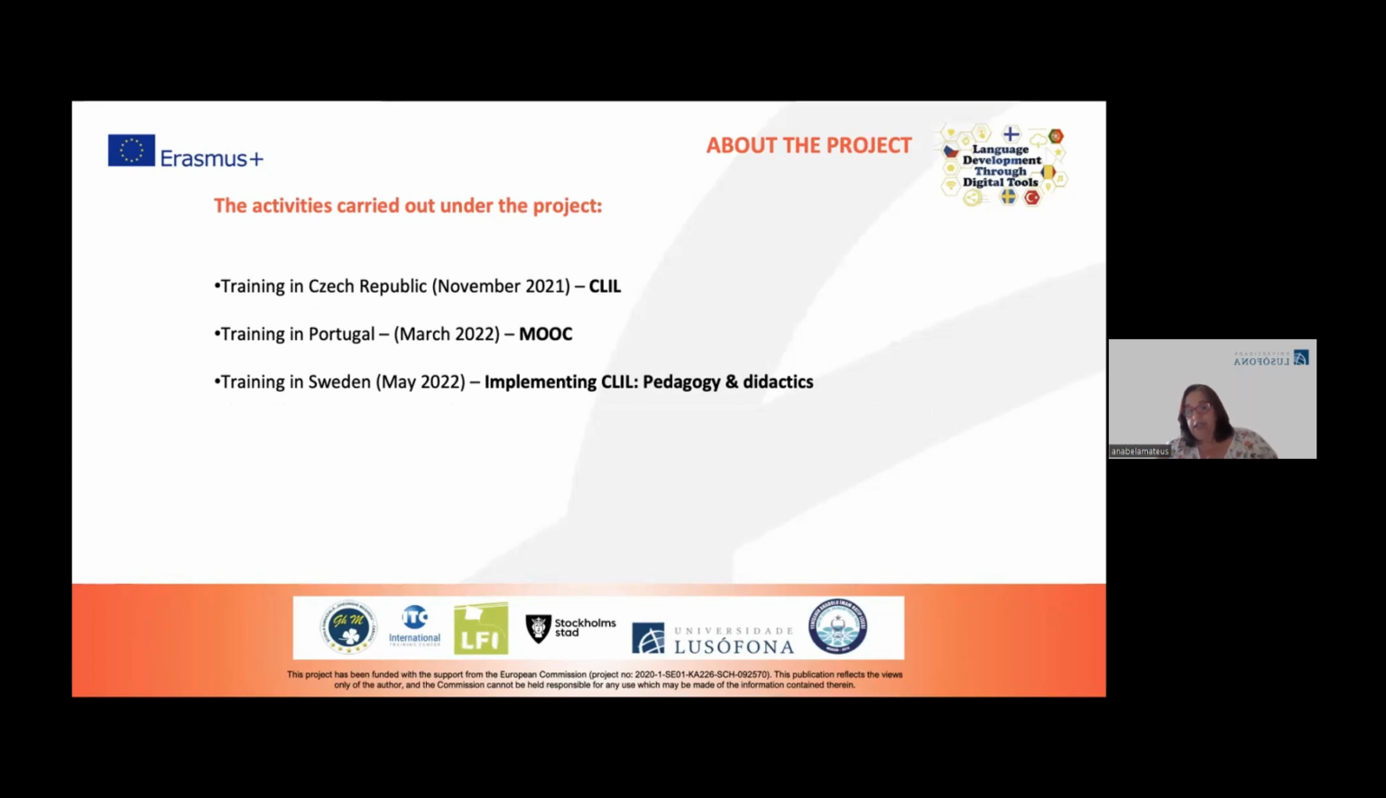Among the activities carried out under the project, I would like to highlight 3 training activities which were very important and which gave us the opportunity to discuss together as a team, to increase our knowledge and to develop, obviously, our results in a further stage. So the first training was held by our Czech partners in Czech Republic in November 2021, and it was